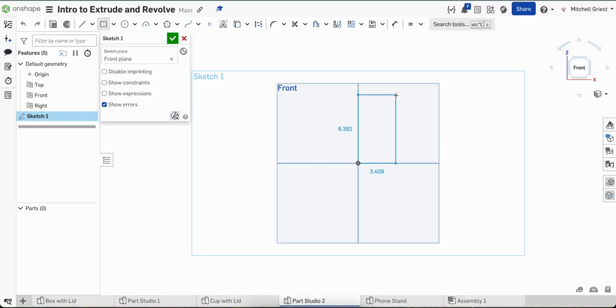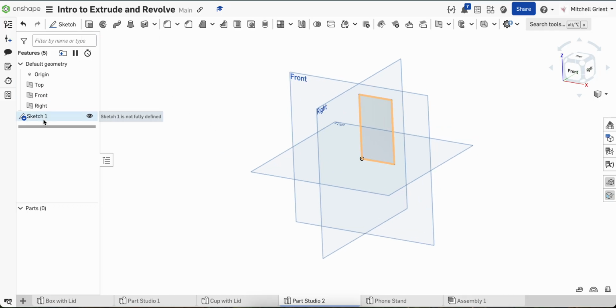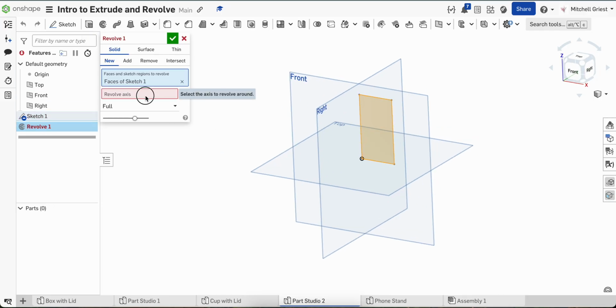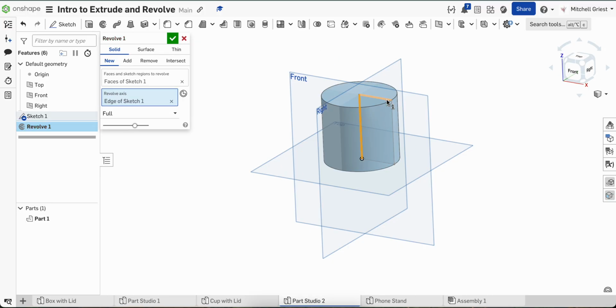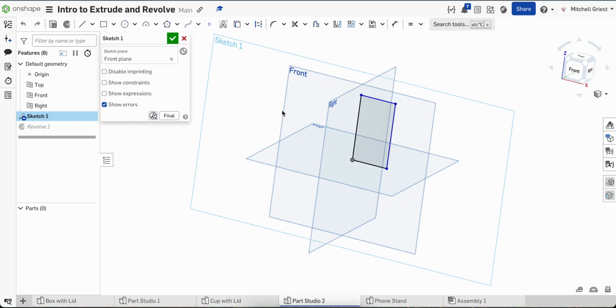rectangle. If I have a rectangle in 2 dimensions, and I choose to revolve that rectangle about this vertical line, if we just took that rectangle and spun it around that axis, we get a cylinder. Now I just showed you another way to make a cylinder that is maybe easier, extruding a circle, right? But if, for example, our,